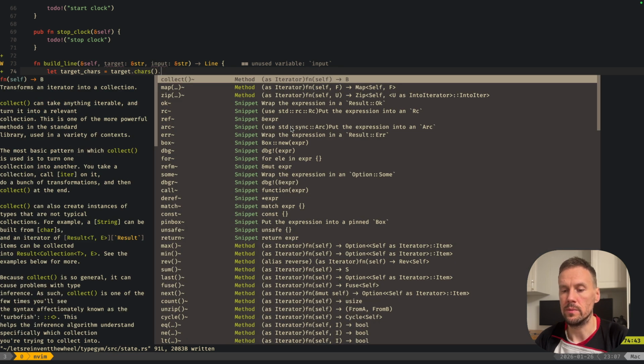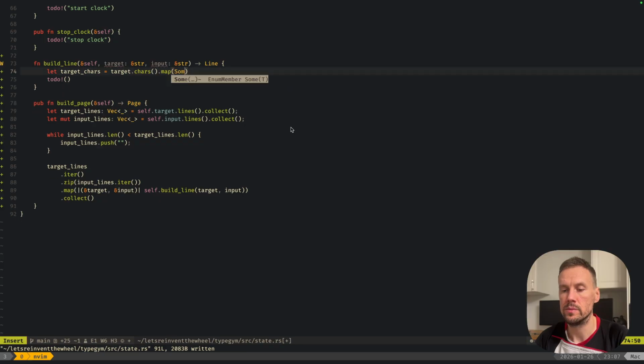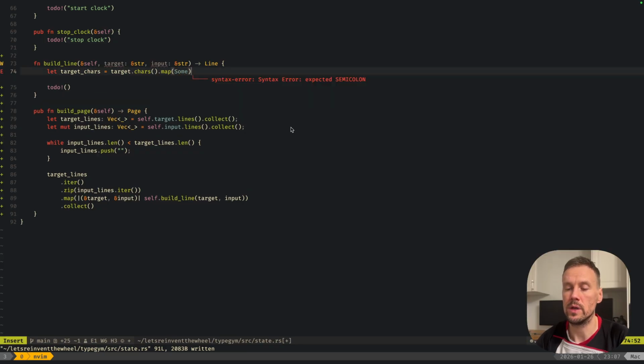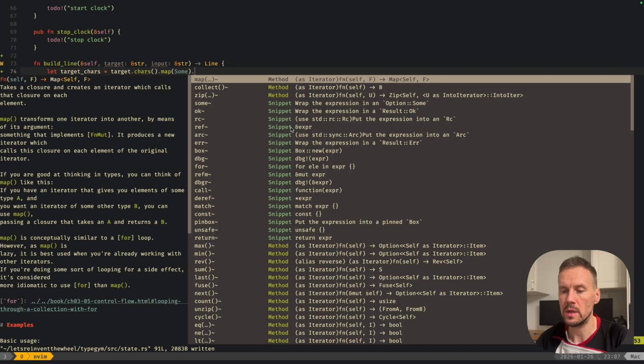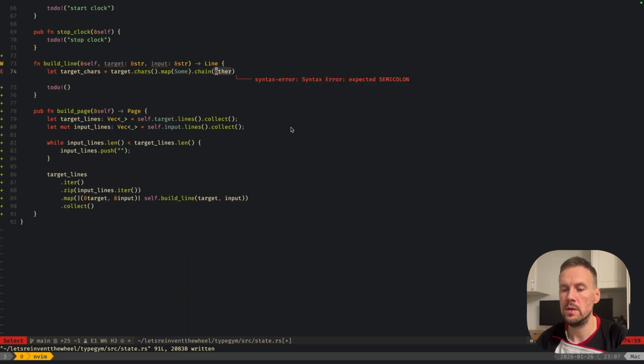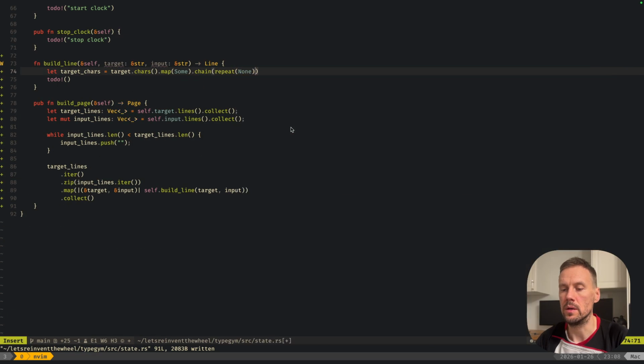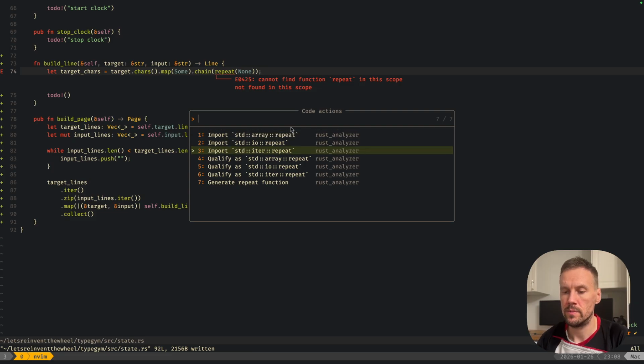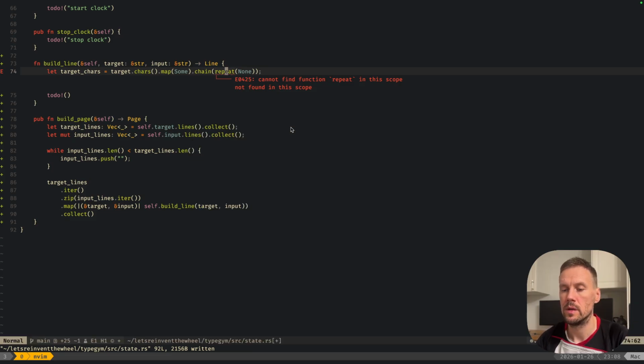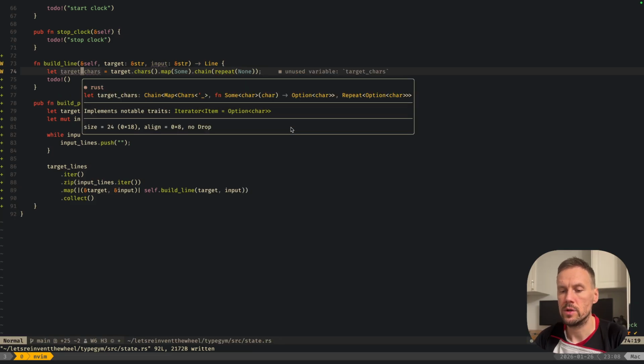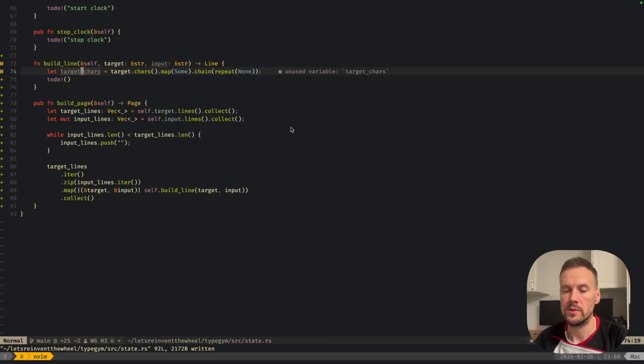What can we do then? We can then map it to Some. So we're converting it to Option. And then chain repeat None. And repeat must come from std::iter::repeat. So now target chars is nothing but an endless iterator which has initially Somes of chars from target and then